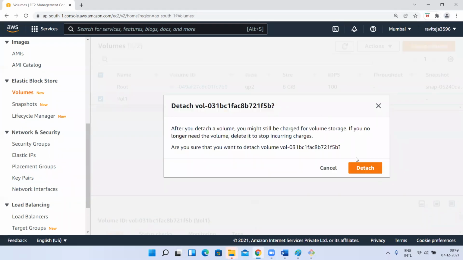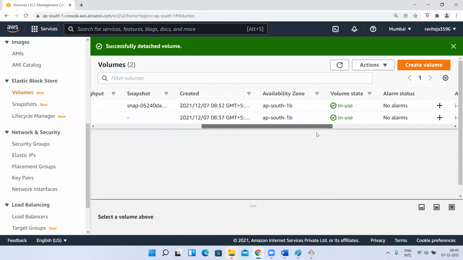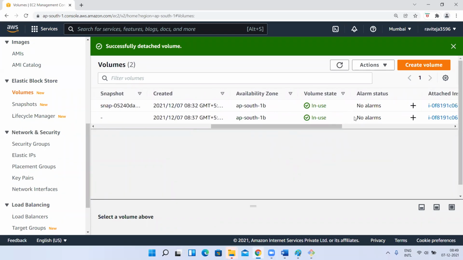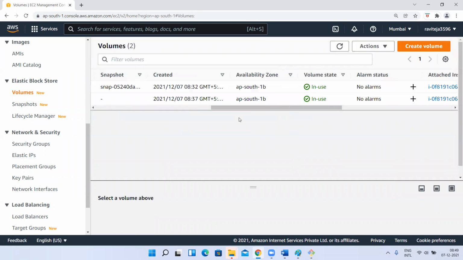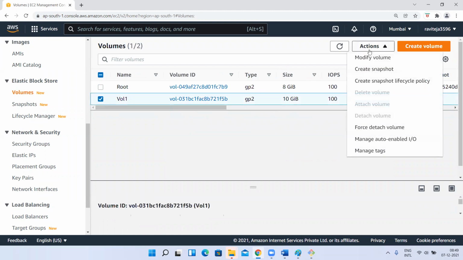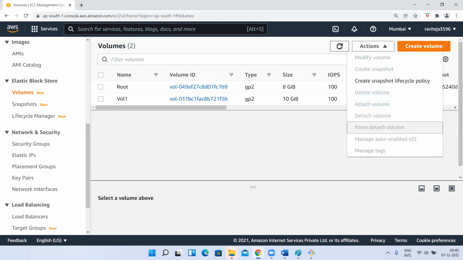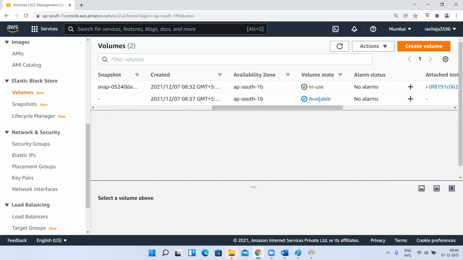So when I detach, I remove the connection from the instance. If I refresh it, the status will change from in use to available. Now it turned to available.